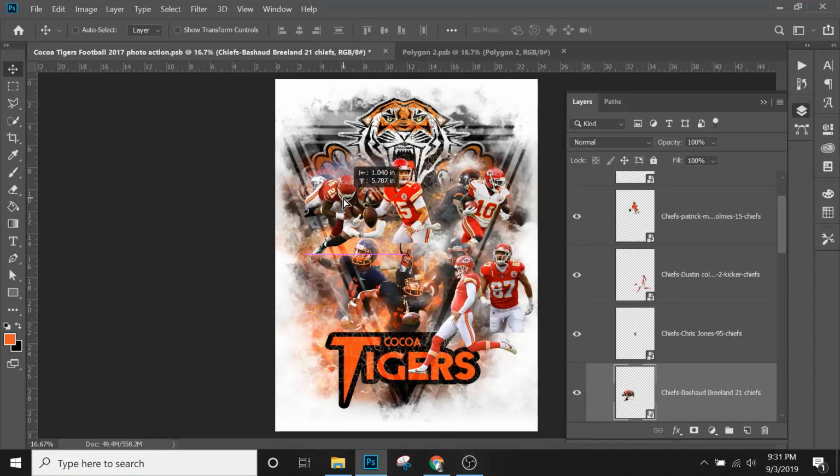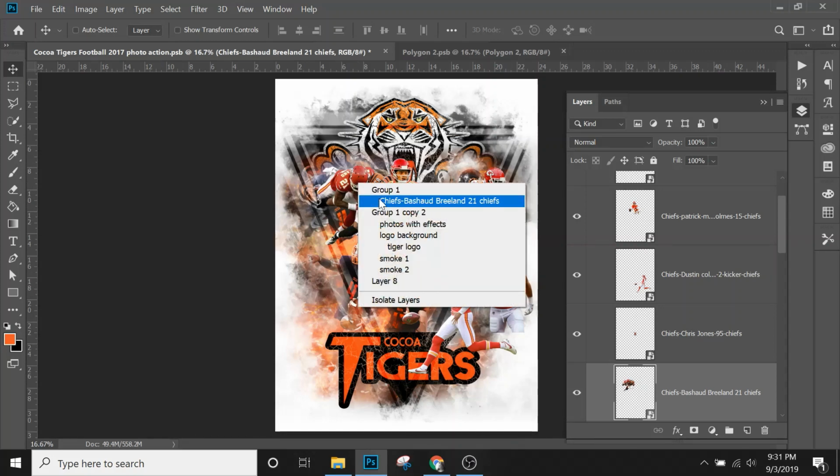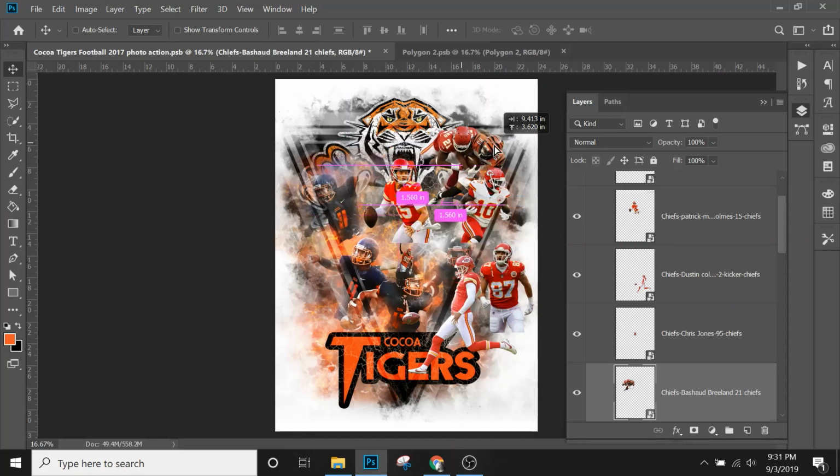Now this is the only picture I could find of Bashad Breland, number 21, and I don't know if he's recently traded to this team, but it was really hard to find a photo. That's the only one that I could find that had him in this uniform. So my apologies for this image, but we're gonna make it work. I don't see why we can't. And as you can see, part of his leg is cut off here, and then he's really tackling a whole nother player. But what we're gonna do is we're gonna gray out that player so that it doesn't mess with the colors in our design and the focus,